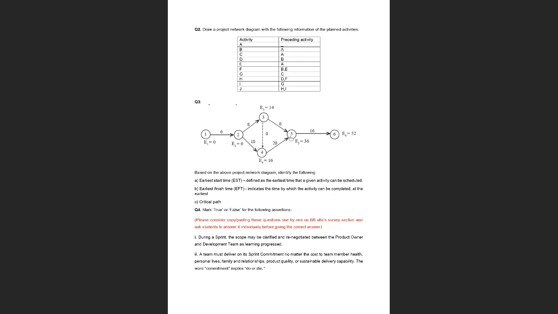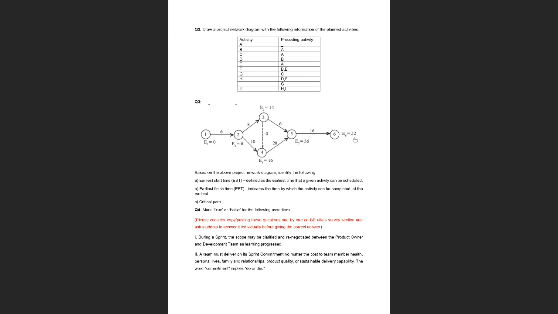Okay, for anyone who doesn't know, let me quickly show you how to calculate the critical paths. First of all, in any given network diagram, we first want to look at what the possible paths are. In here, one possible path is 1, 2, 3, 5, 6. Second possible path: 1, 2, 4, 5, 6. Third possible path: 1, 2, 3, 4, 5, 6.